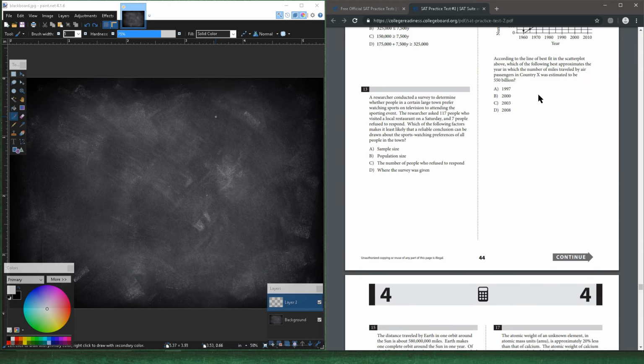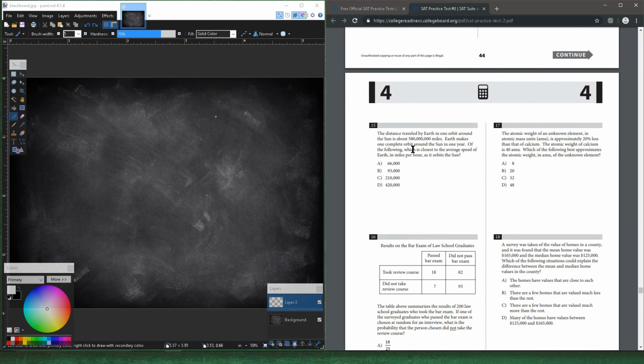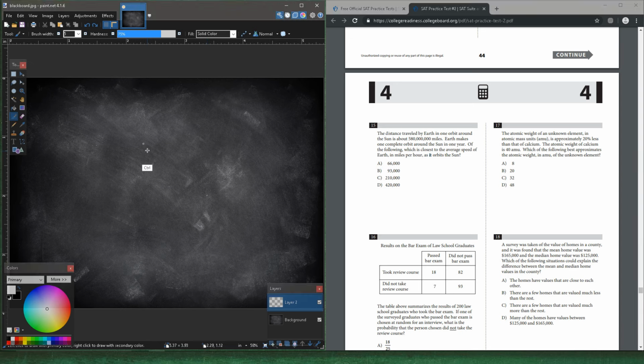So that's a basic chart answering question, not that hard. The distance traveled by Earth in one orbit around the sun is 580 million miles. Earth makes one complete orbit in 1 year. Which of the following is closest to the average speed of the Earth in miles per hour as it orbits the sun? Okay, so it goes 580 million miles